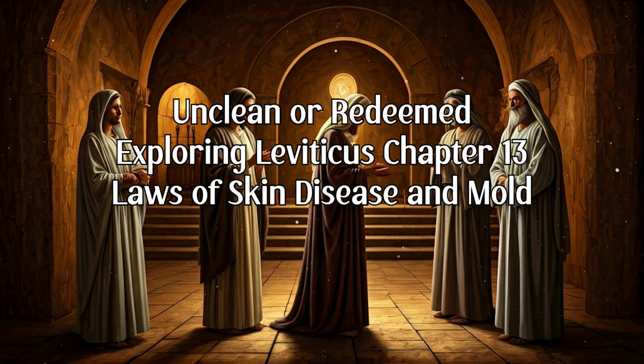Okay, now here's where we hit one of the most surprising rules in the text, at least for me. What does it say happens if the disease spreads all over the person's skin, covers them head to foot, and the whole area turns white? This is indeed a striking detail. The text explicitly states that the priest should examine the person, and if the disease has covered their entire body, head to foot, and has all turned white,